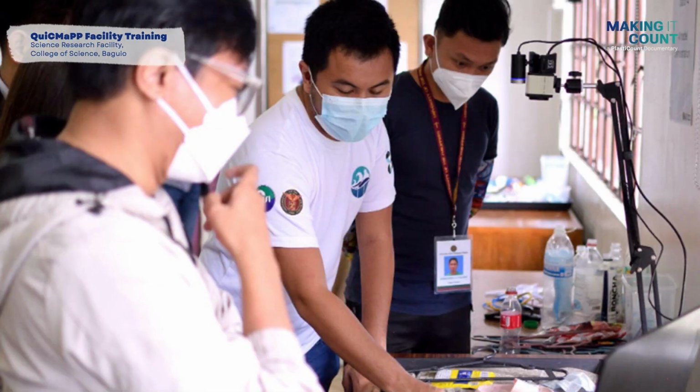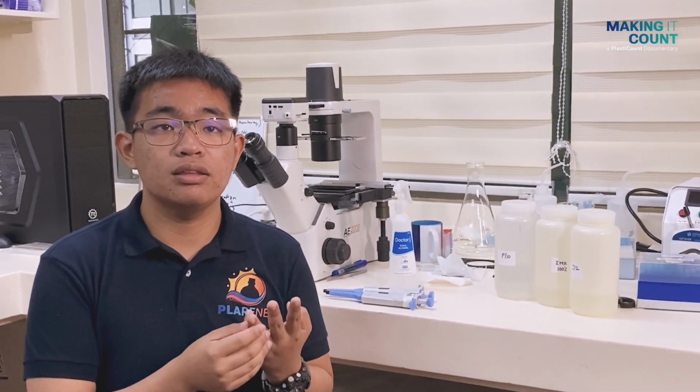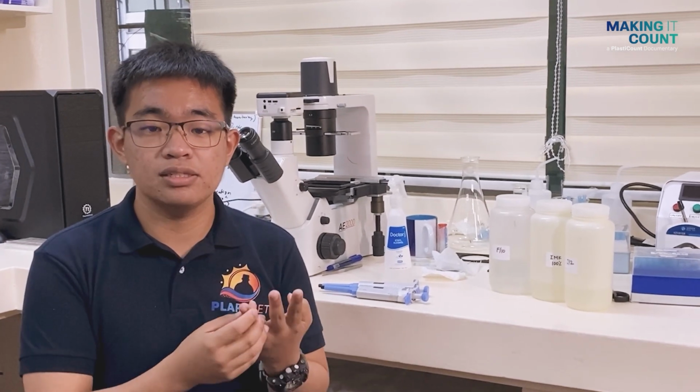volunteering program. It is very important that we know locally in the different provinces or places in the Philippines what type of plastic is abundant in that area. We're doing it so that we can get an idea of what's really running rampant and where could the sources be, so we can identify where the problem comes from. And then after that, we can also look at how can we mitigate these plastics since they're the